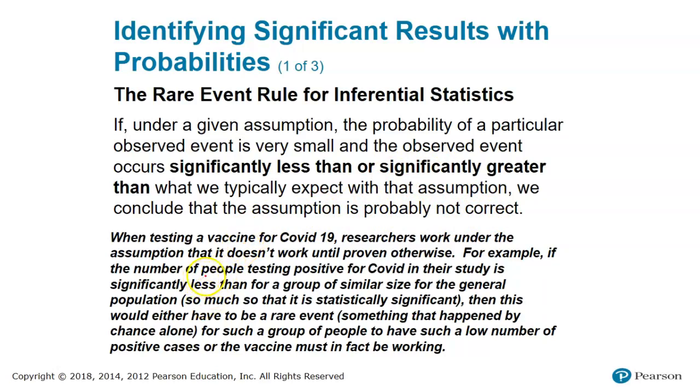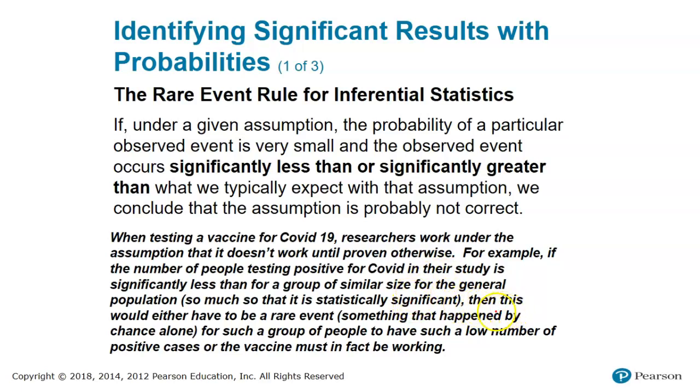So this is an example that I came up with here. When testing a vaccine for COVID-19, researchers work under the assumption that it doesn't work until proven otherwise. So when they start out, they assume that the vaccine does not work, and then they have to get evidence that it does. So, for example, if the number of people testing positive for COVID in their study is significantly less than for a group of similar size, so it's significantly less than what we would expect for the general population, so much so that it is considered statistically significant,